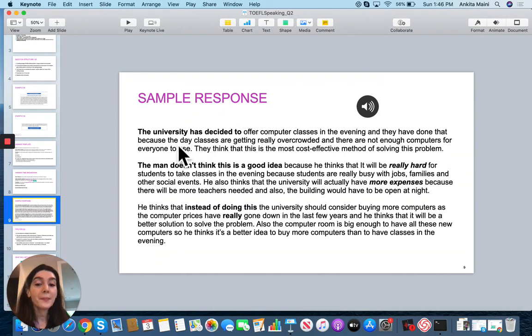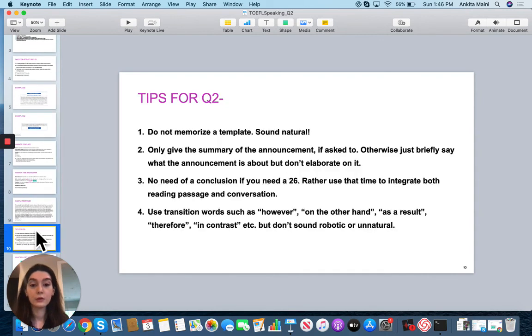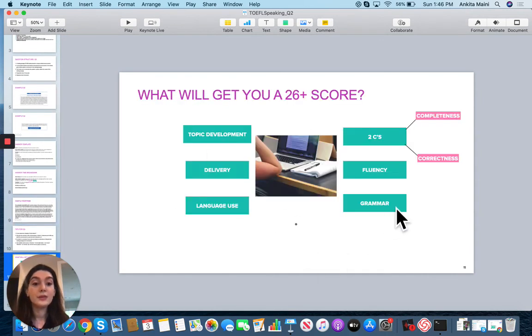So you can't really say, okay, I'm going to answer question number 2 or question number 4 in one tense and still be able to get a 26. No. The way we talk, we always switch back and forth between 2 to 3 tenses. So it's really important that you have advanced grammar and you're very comfortable with spoken grammar and spoken English. So that's the grammar piece.